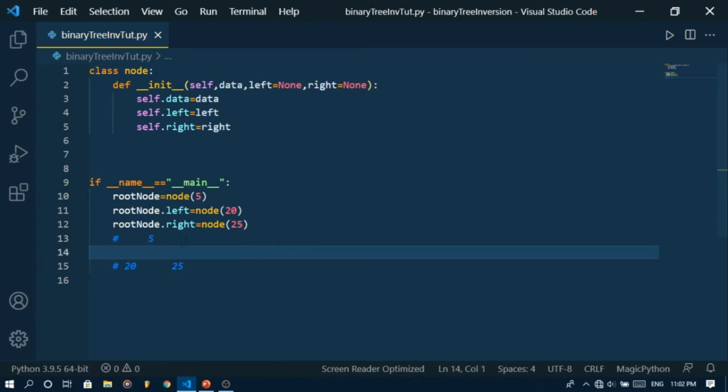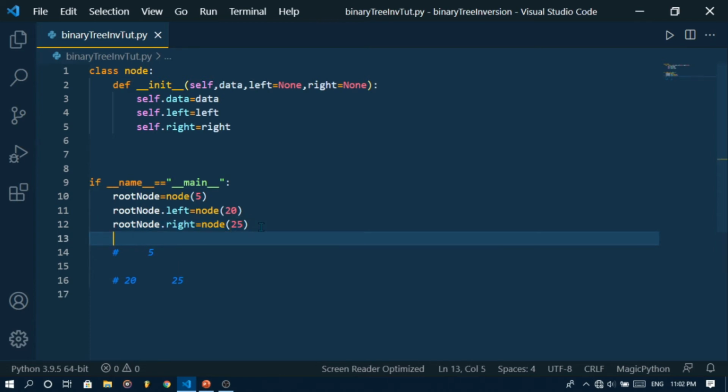Yes, done. 5, 20 and 25. Our tree will look like this. And let me just insert another 2 values just to the left and right of 20. Let me give root node